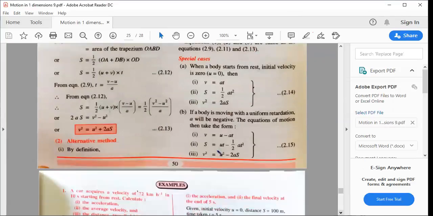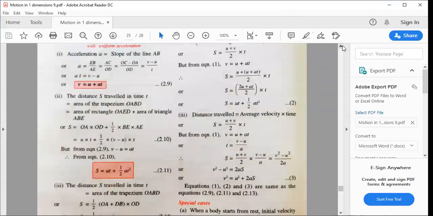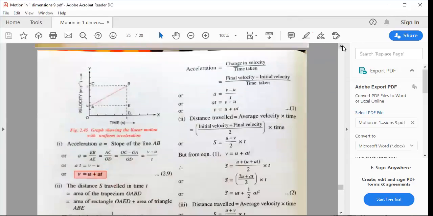Alternative method we already spoke about, using non-graph. So now you are going to study one more formula which you need to remember always. What is distance traveled? We have already studied this formula, but specifically you are going to use it during the derivation. So distance traveled is average velocity into time. Normally you have already written what is average velocity. It's the total displacement upon time.